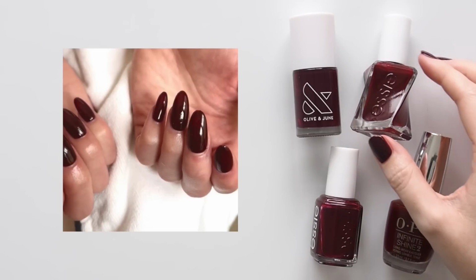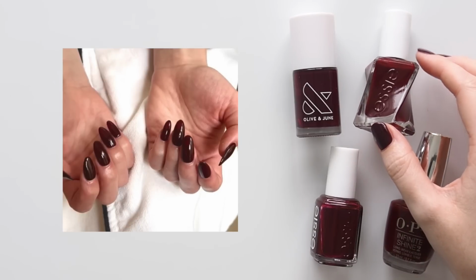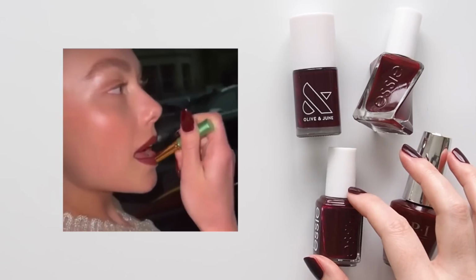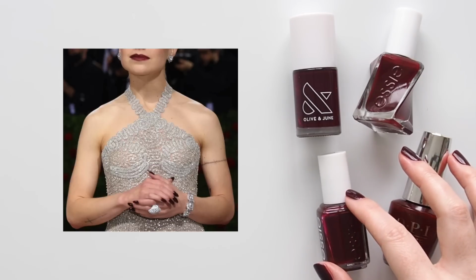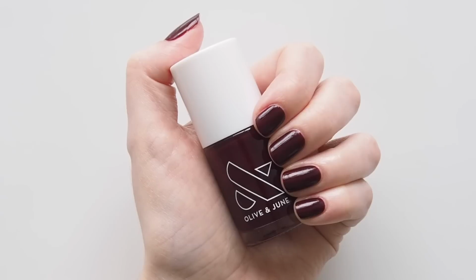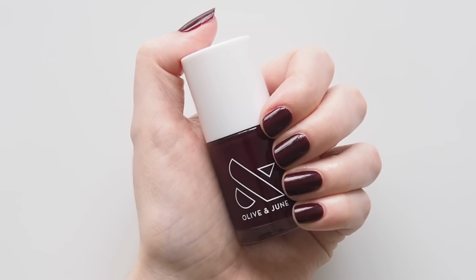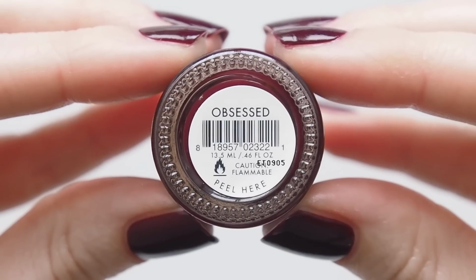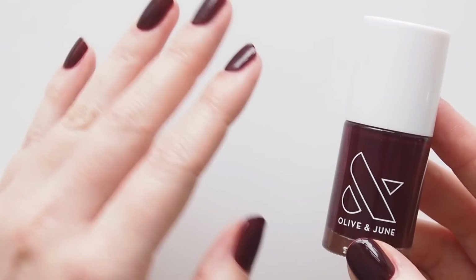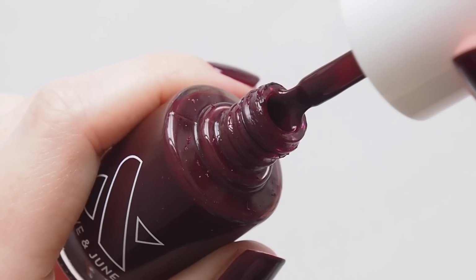The last piece of the Phoebe puzzle, nails. Manicurist Kana Kishita created a stunning burgundy mani to match the lip colour and pop against the delicate dress fabric. Kana used a polish from the brand Pretty NYC in the shade Magic Man Iris, described as deep wine vamp Bordeaux. I'm wearing my go-to vampy dark shade here, 3 coats of Olive and June Obsessed to amp it up,